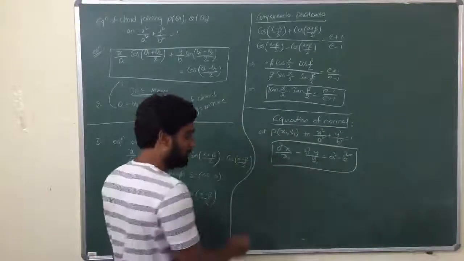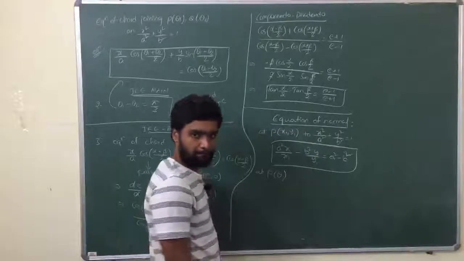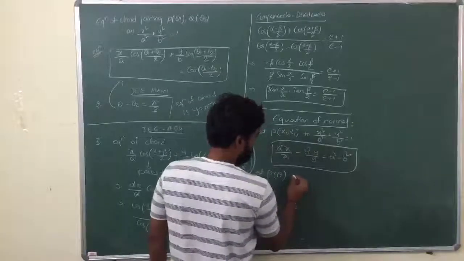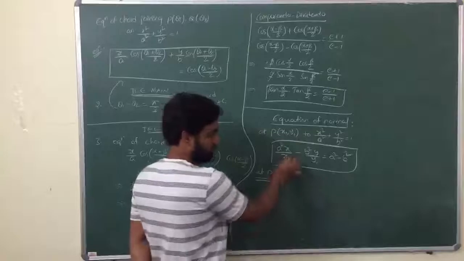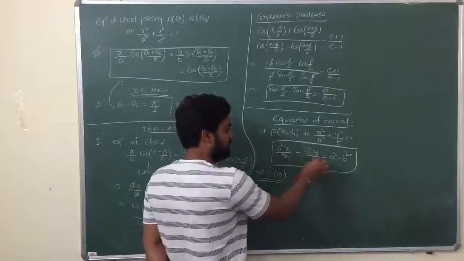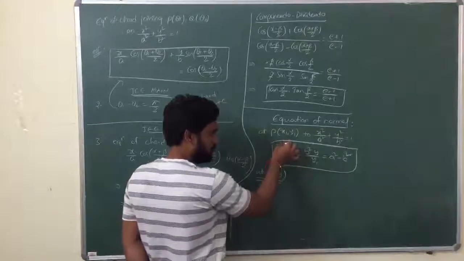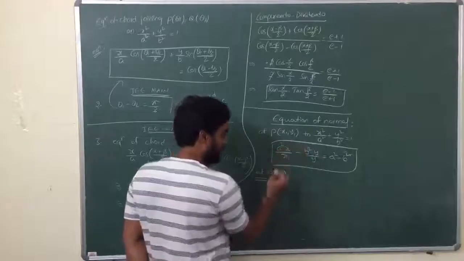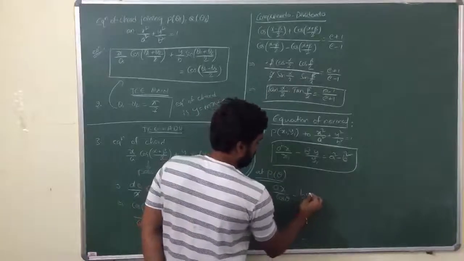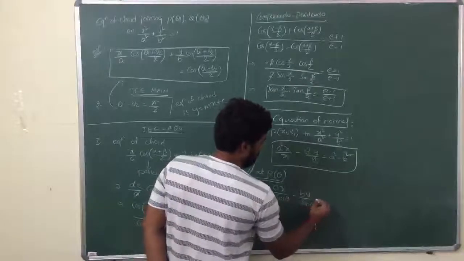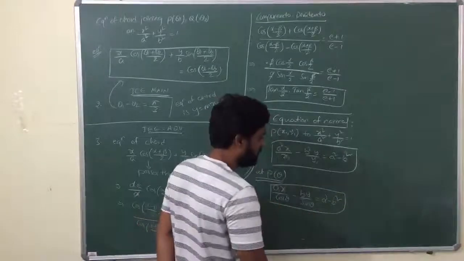Okay, the equation of normal. So the equation of normal at P theta: in the place of x1 I have to put a cos theta, and in the place of y1 I have to put b sin theta. Now a square x by a cos theta, a square and a get cancelled, cos theta will be left here. So ax by cos theta minus by by sin theta is equal to a square minus b square. These two are important equations, the equations of normal.